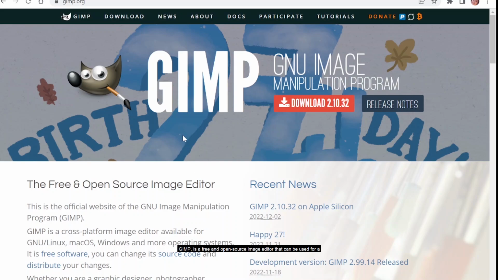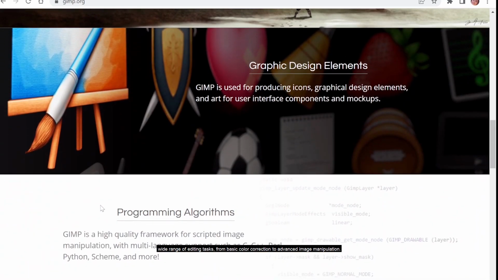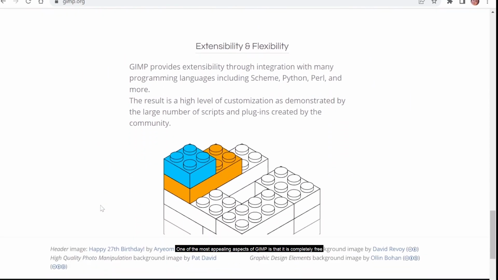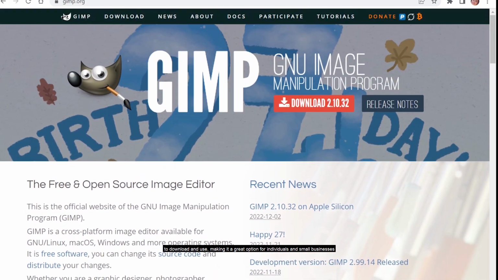GIMP is a free and open-source image editor that can be used for a wide range of editing tasks, from basic color correction to advanced image manipulation. One of the most appealing aspects of GIMP is that it is completely free to download and use, making it a great option for individuals and small businesses who are looking for a powerful image editing tool without the high